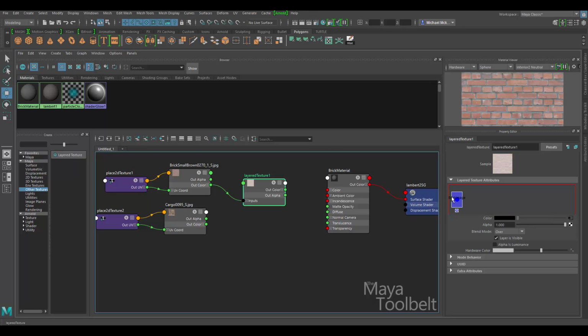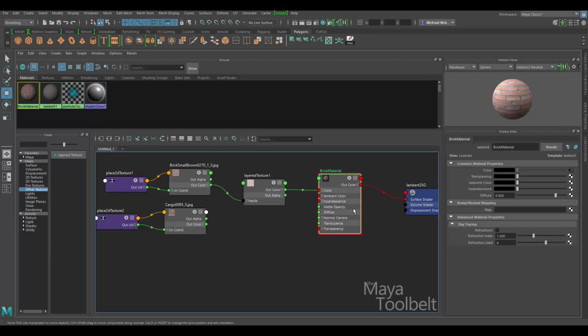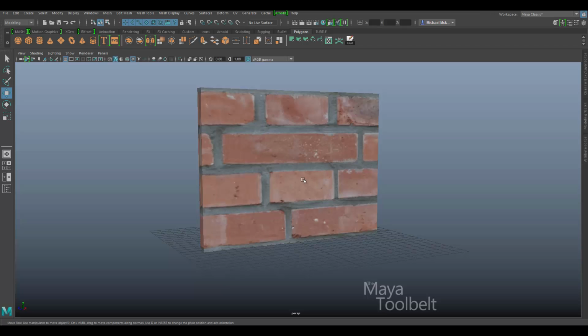And immediately you see, instead of that green box now we have a blue box. This blue box indicates the layer actually has an image assigned to it. So now our layer has been assigned this brick texture. I'm actually going to click on the out color of the layered texture now into the color of my brick material. If I press the space bar now and go back, you can see immediately that brick has been applied